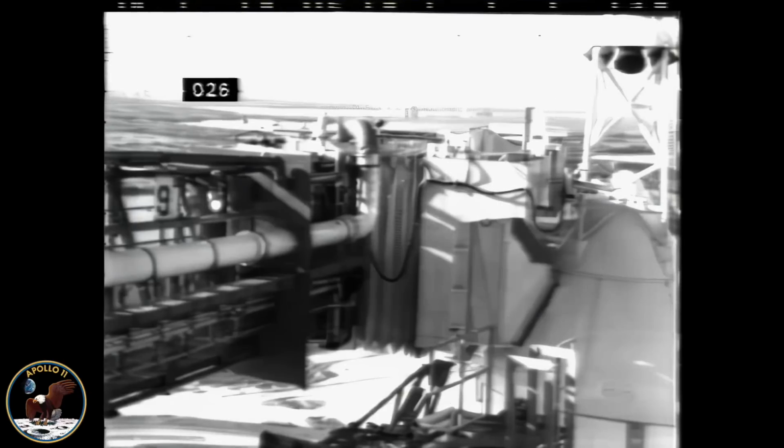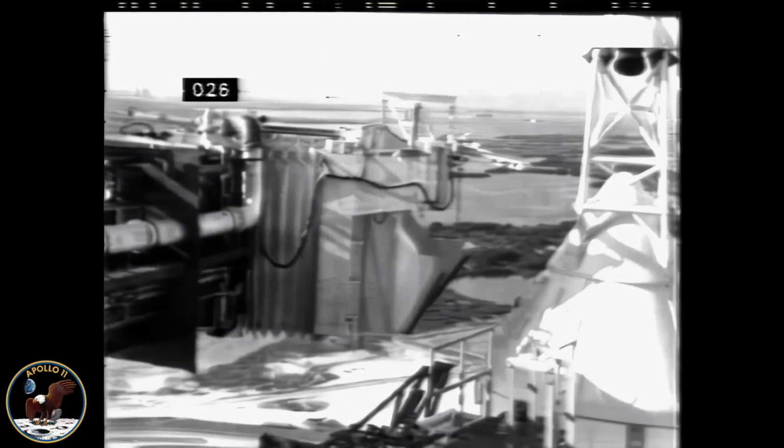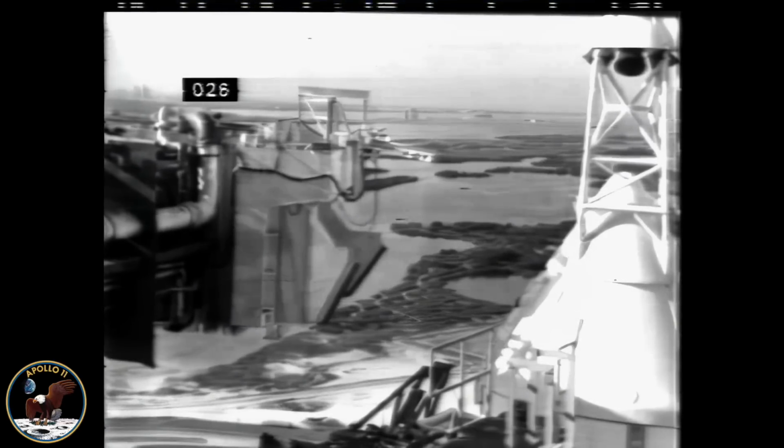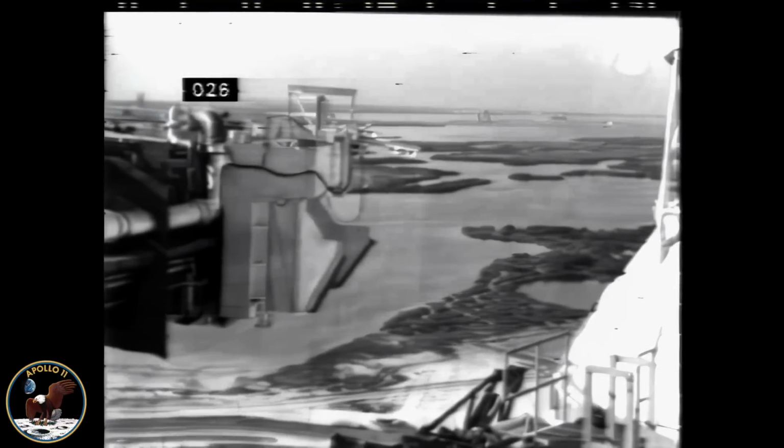It's coming up now in 5 seconds. The swing arm will come back. Mark. The swing arm now coming back from the spacecraft. The countdown proceeding satisfactorily. We've completed our telemetry checks with the launch vehicle, and at this point, with the swing